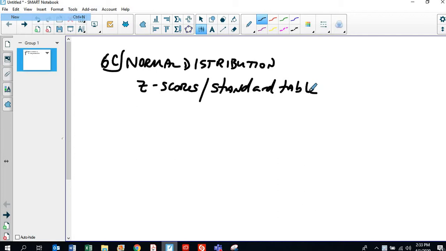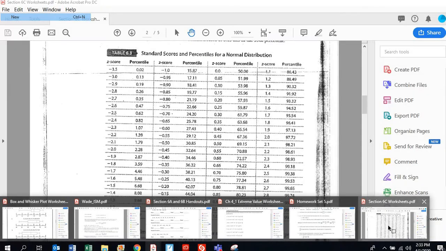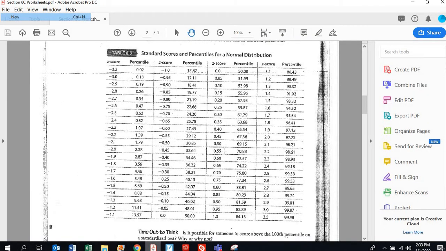table. In your textbook and in your handout you will see table 6.3, standard scores and percentiles. Percentiles and percentages, as far as we're concerned, are basically the same idea. We'll talk more about the difference in another video, but we're okay thinking of the numbers under the percentile columns as percentages for most of our stuff. This table will be given to you, and you just have to know how to read off of it. But before we can read this table, we have to know how to find this Z-score